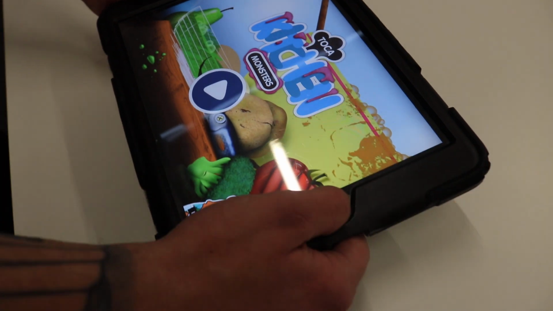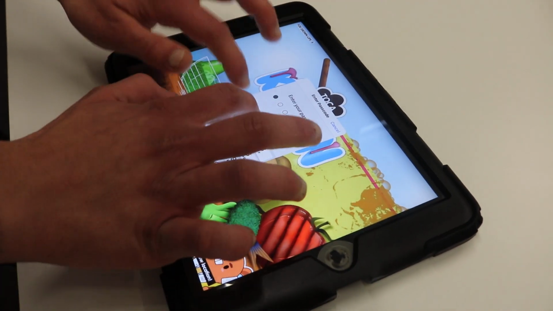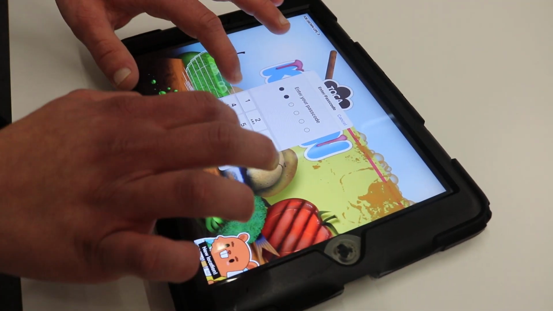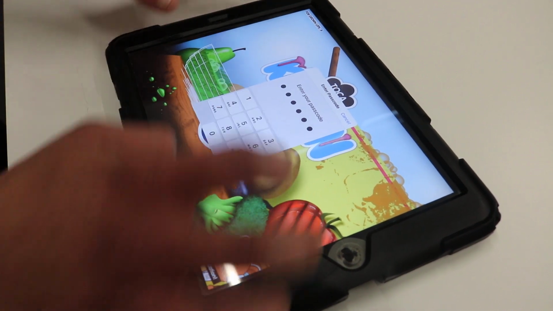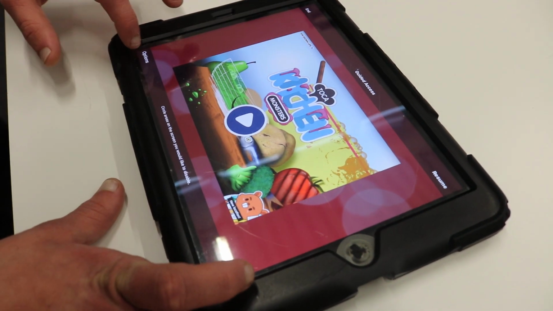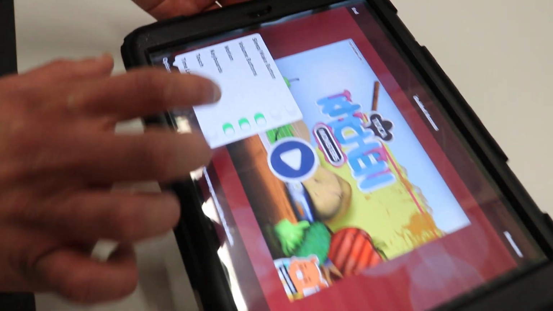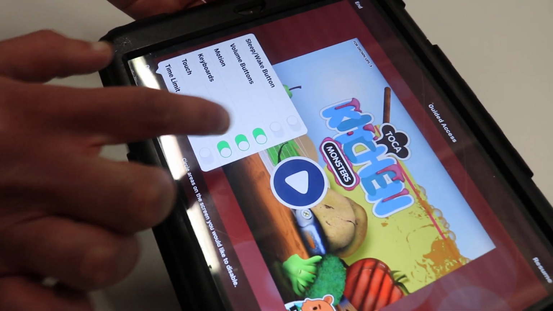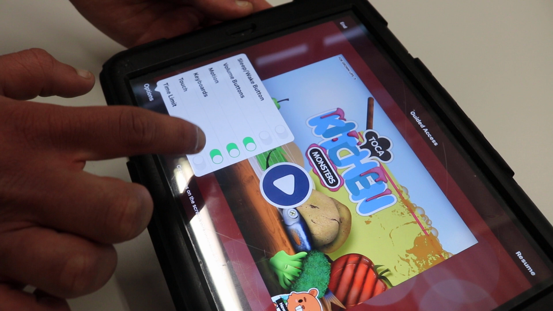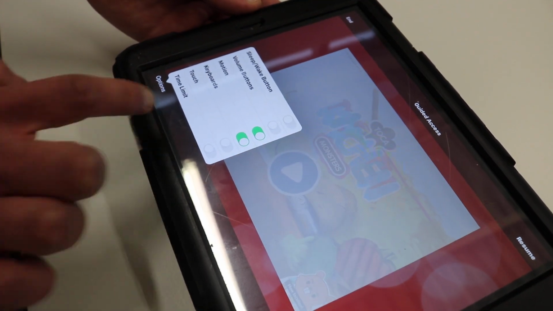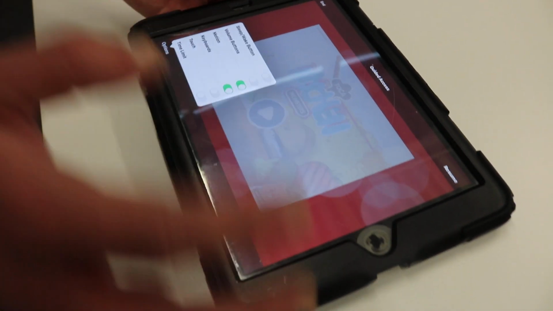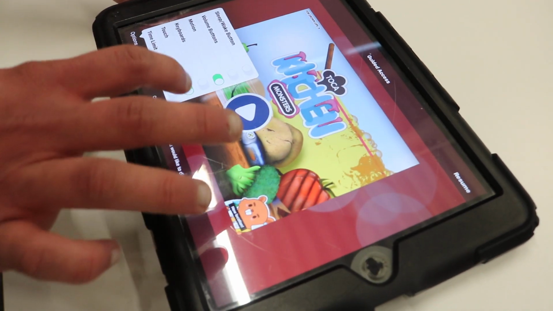You can, if you like, triple click the home button again, type in your passcode, and instead of clicking end, you want to go to options. This allows you to disable buttons, motion, any keyboards. You can even disable touch in general. So if you press that, it won't let them touch it. If you want to show them video, you can set time limits,